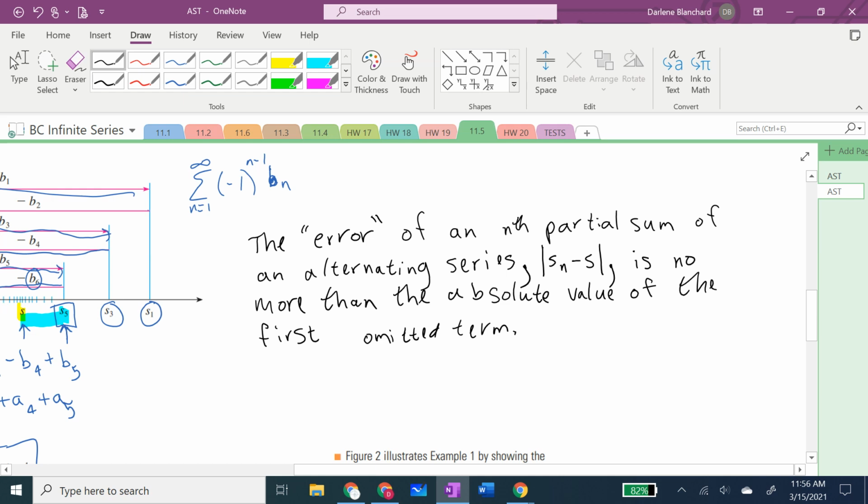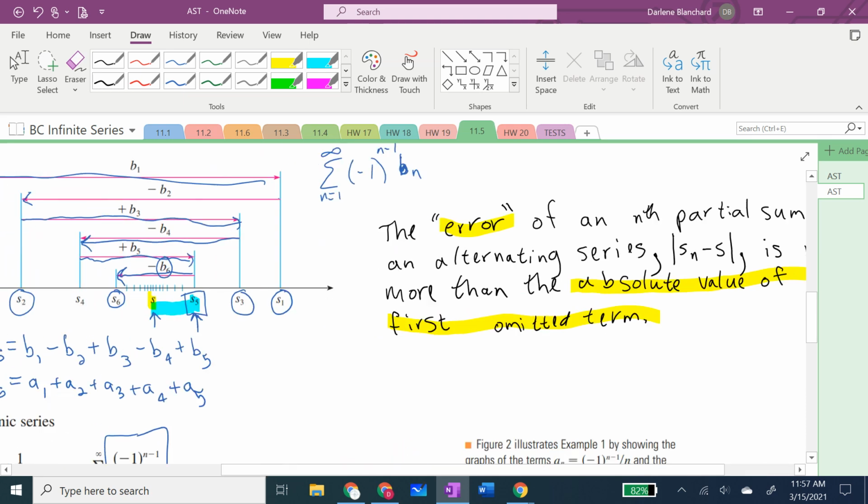This is a phrase you want to actually get used to for the AP test. The error is no more than the absolute value of the first omitted term. Now, by first omitted term,